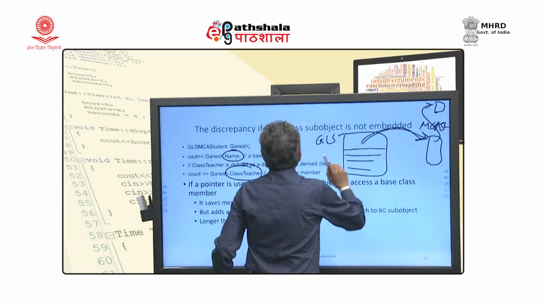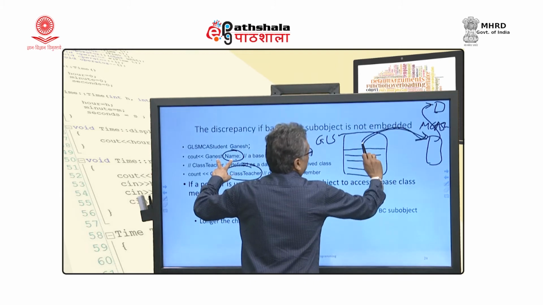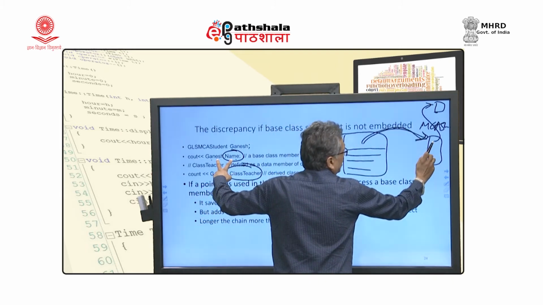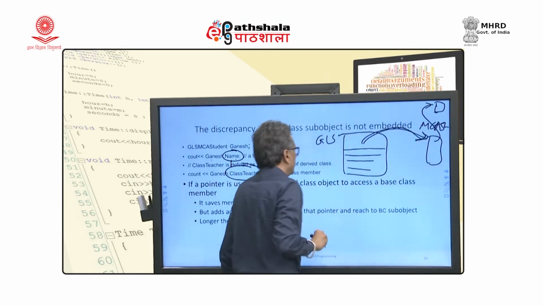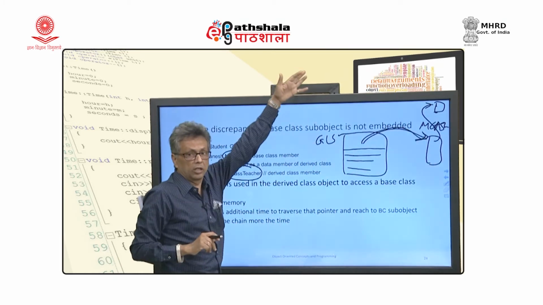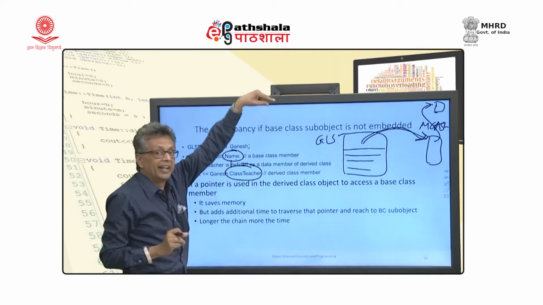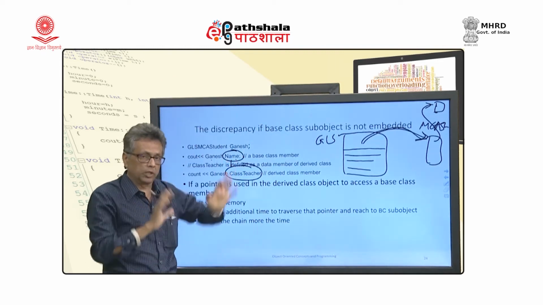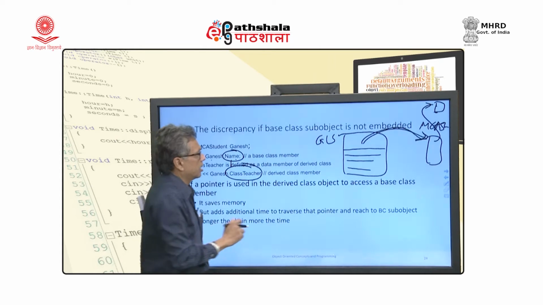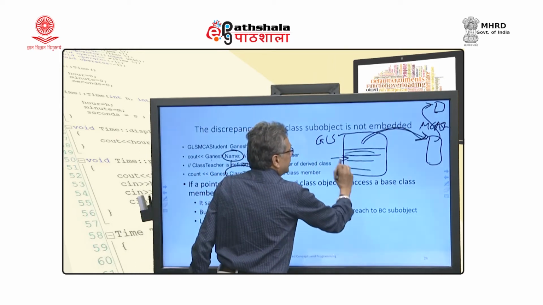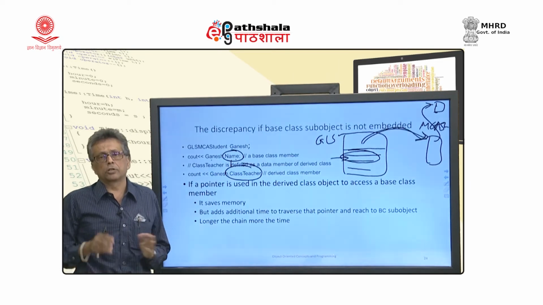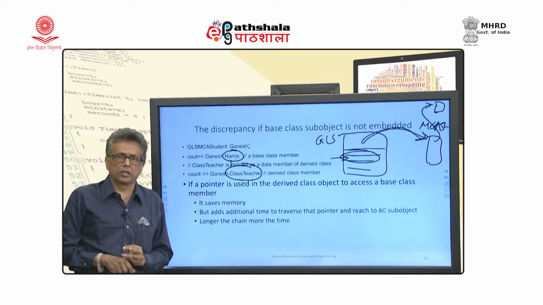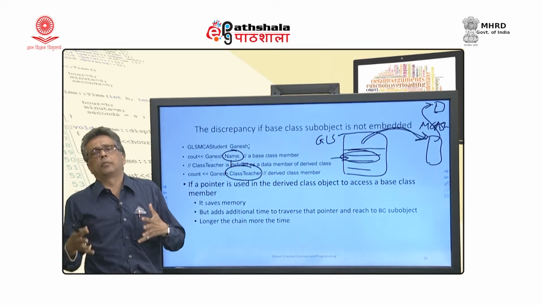So what we will have to do for Ganesh.name is traverse one pointer, find out the value of this pointer, and then traverse here. Okay. And if it is a longer chain, we will traverse a long way, and then find that name value and do something with it. And class teacher, if it is here, will be accessed in a single shot. That means if I am accessing Ganesh.name and Ganesh.class teacher, I am going to have a performance difference.